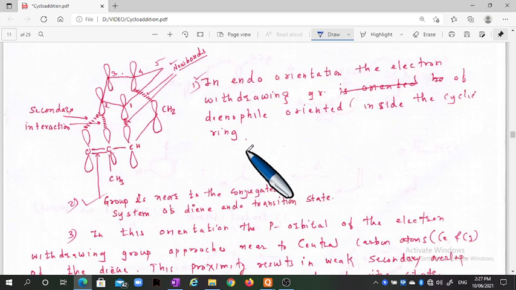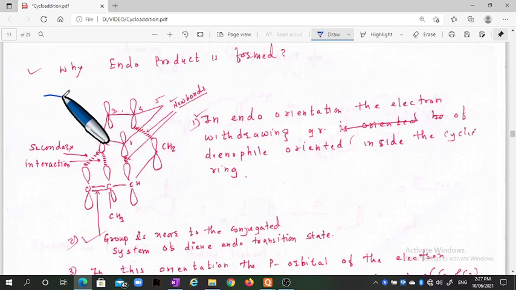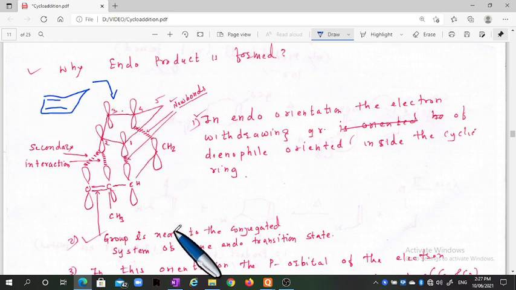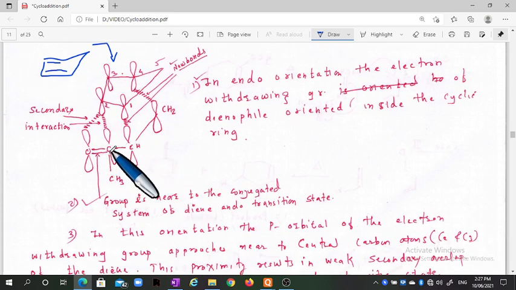Here we have discussed. We have shown this cyclopentadiene this way. Cyclopentadiene orbitals, first, second, third. This orbital we have shown, and in the endo product COCH3 is pointing towards this cavity. There is secondary interaction. This orbital and this orbital interact, with these 3 carbons and 2 carbons. Therefore, due to this secondary interaction, your TS is the stable one.